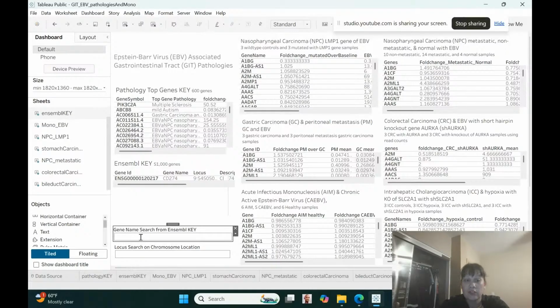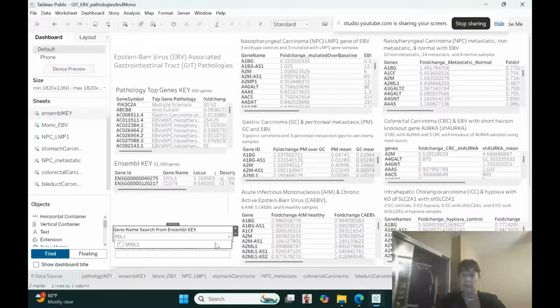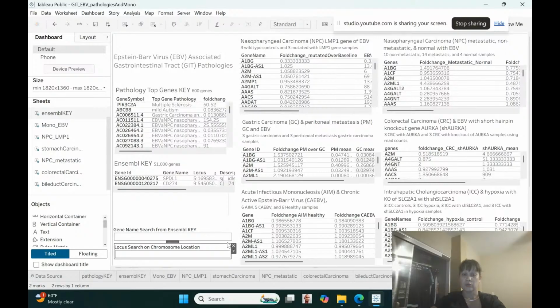Because once it's filtered, it only selects that if you go to a chromosome. So you go to, let's go PD, let's just look SPDL1. Before it was allowing me to actually go, okay, I want to get out of that. It's not allowing me to go back up and erase